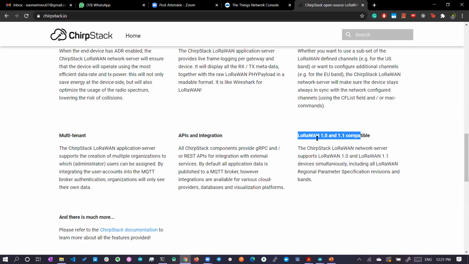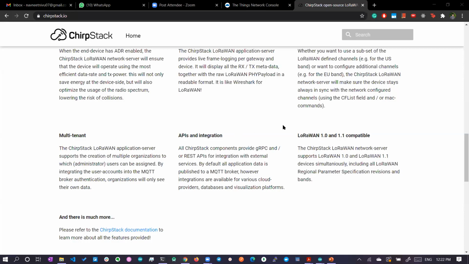Can anyone give the answer from the last session? Who defines the LoRaWAN protocol, the rules and all? Hello? Any answers? Not the community. The community can be used, but there is one group of people who define the standards for all these protocols.